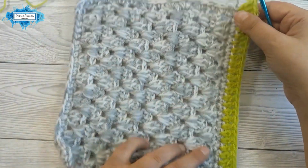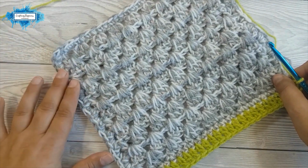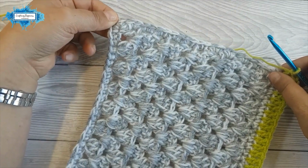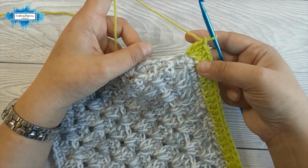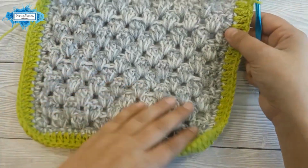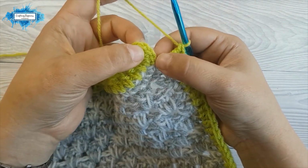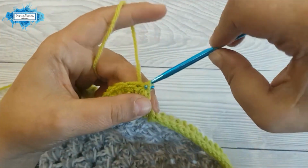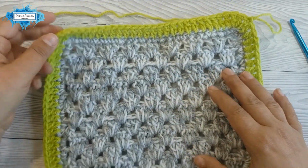Now I'll stop the video and I'll crochet all around my blanket sample. Remember to make 3 double crochet in each of these corner stitches, and I'll meet you after I'm done to continue with the second row. So I've crocheted now all around my blanket. I will close the round by slip stitching in the top chain of the chain 3 we made at the beginning. So let's make a slip stitch,